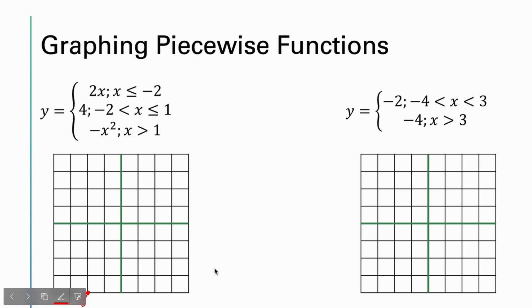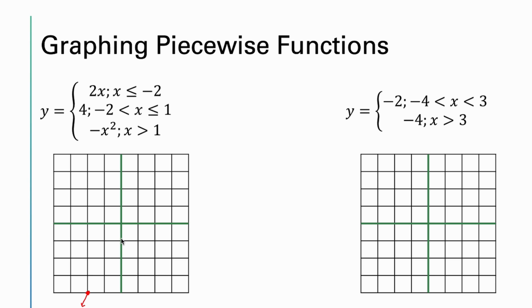Boom. And it goes on forever because the interval is -infinity to -2. And so let's take the second one. Y is equal to 4 if x is between -2 and 1, including 1, but not -2. So we have to put an open dot at -2 and a closed dot at 1 because of the dash here and no dash here.